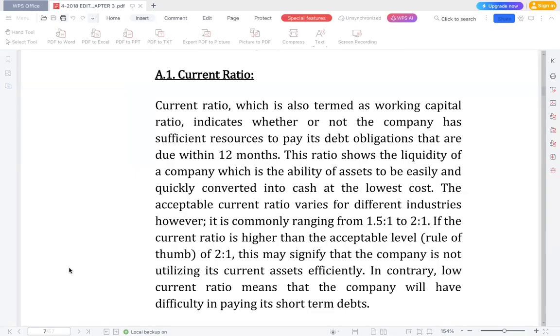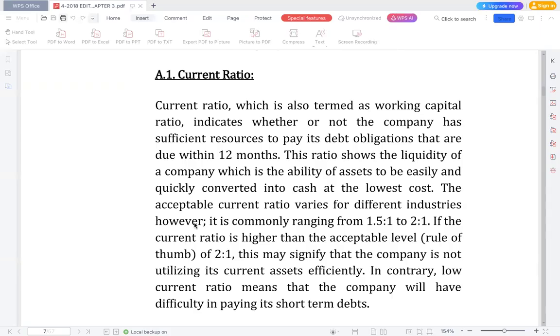On the other hand, if you will have a very low current ratio, it poses risk in terms of debt or liability. Say for example, if the current ratio is 0.10, for every peso liability, you only have 10 centavo current asset to cover that liability. So it's very risky. It may result to bankruptcy. So this ratio will present the financial health of the firm.